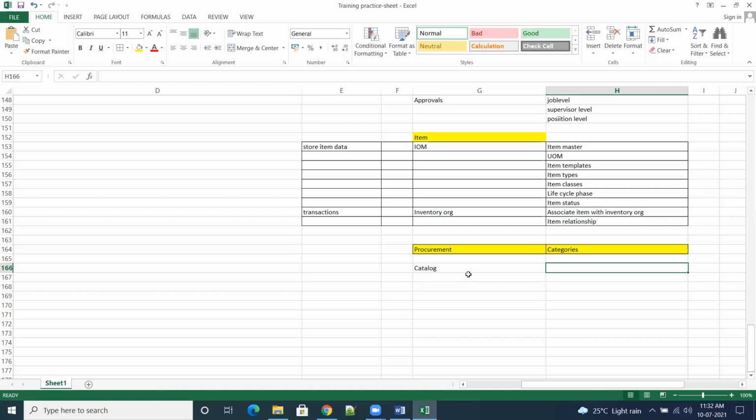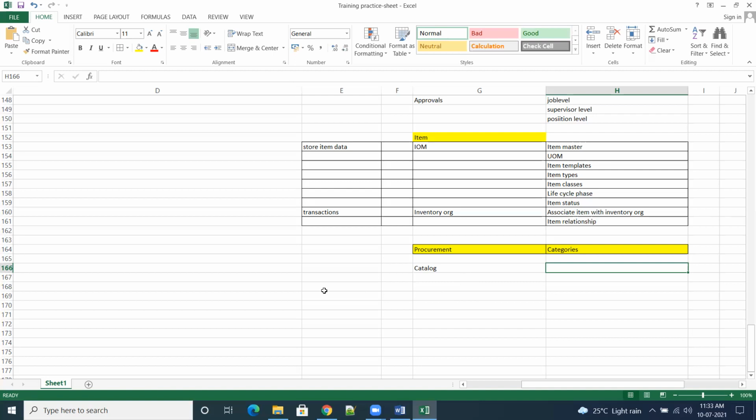But earlier, when creating the catalog category, we were using KFF, key flex field. But currently KFF has been removed. It is just a normal setup. The system allows you to create your procurement catalogs, inventory catalogs, costing catalogs, and order management catalogs. Whatever catalog you want, you can create it. Under the catalog, we need to map how many categories we want. So that way we can define, and once you create the item, the system automatically will pull the catalog and category combination.